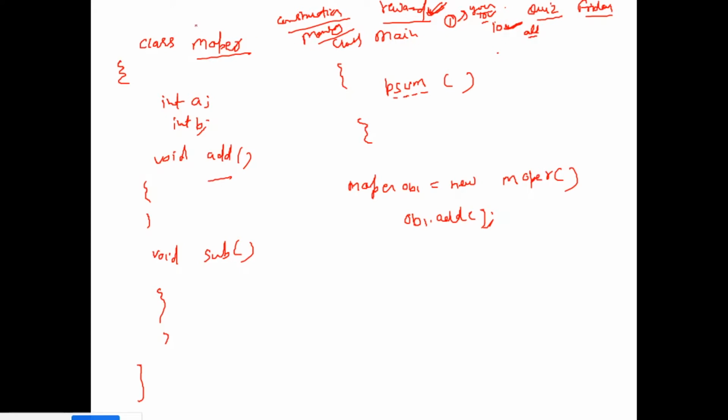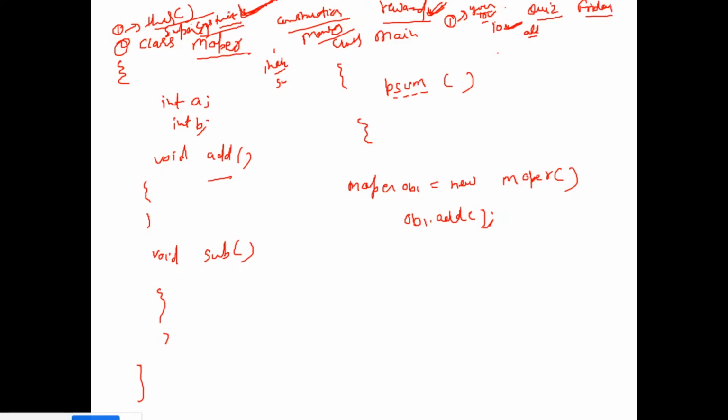Constructor concept will not be fully clear today. Constructor chaining will come again when I cover the inheritance concept. But today you need to understand constructor chaining within the same class. Next, when I cover inheritance, then super class constructor chaining will come. So there are two concepts related to constructor chaining: first, this keyword related, and second, super keyword related. The this keyword related one will be cleared today, and super when I cover the inheritance concept.